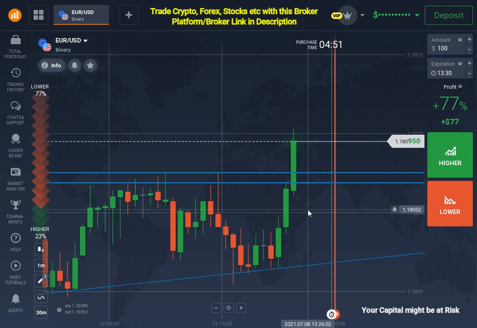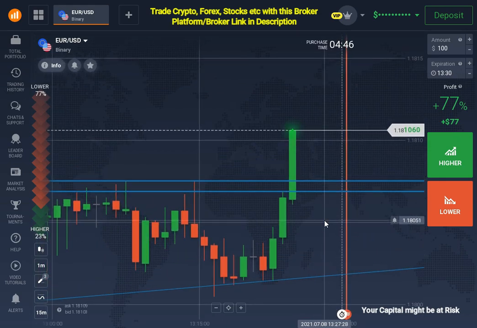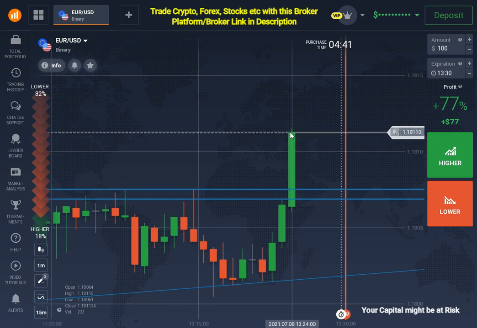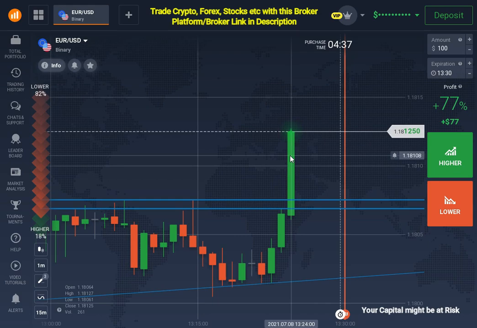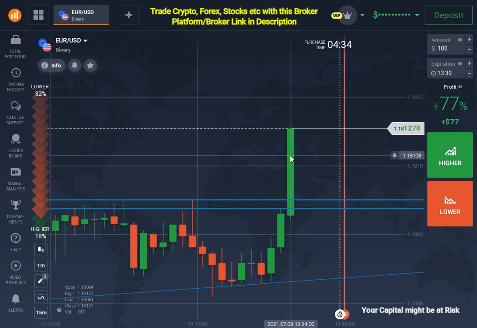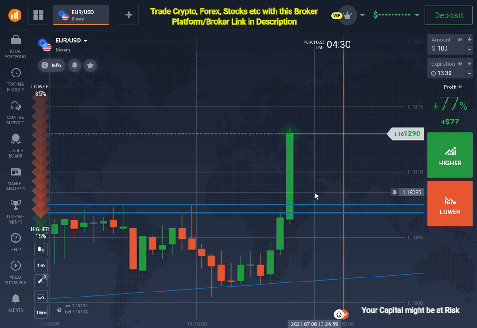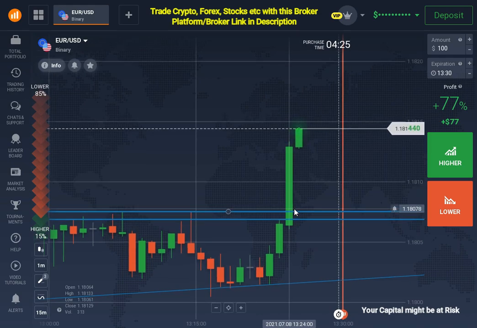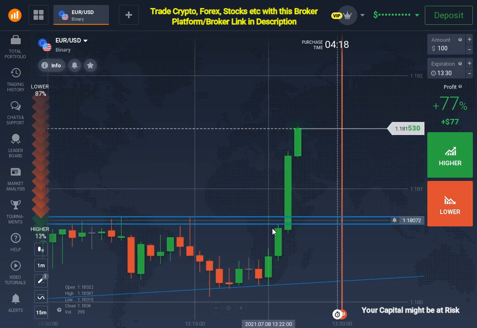Let's wait. The market is moving very strongly, which is a thing to worry about, because whenever you see such volume, the market reverses very quickly. I will not take the trade here. I will wait for some retracement, then place a trade, because this is a strong movement. Even if we miss this opportunity, it's not a bad thing, because I cannot place my trade here.